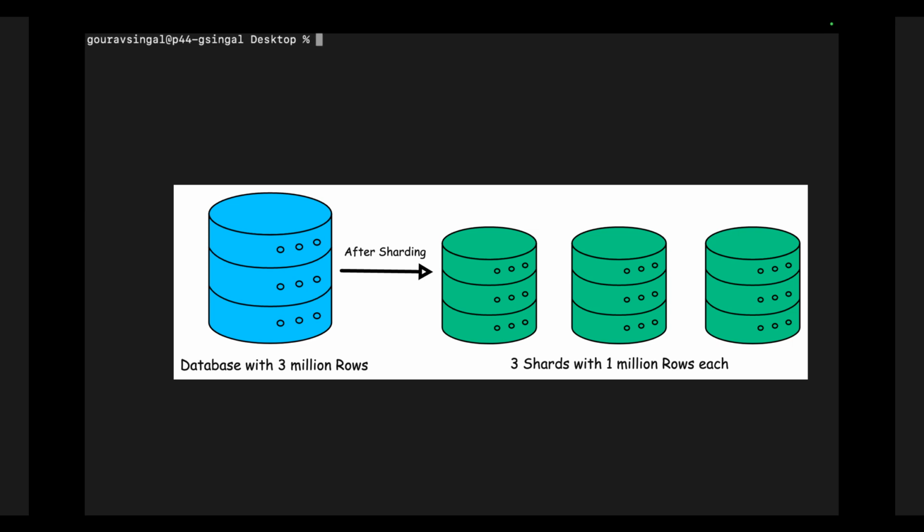You might think of solving this using replication, where the same data is copied across multiple nodes. This helps distribute read load. But if your system is write heavy, replication becomes a challenge. Every write has to be synchronized across all the replicas, causing delays in read operations. It also introduces complexity in maintaining consistency.